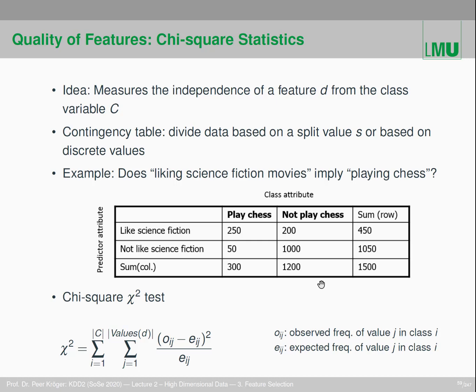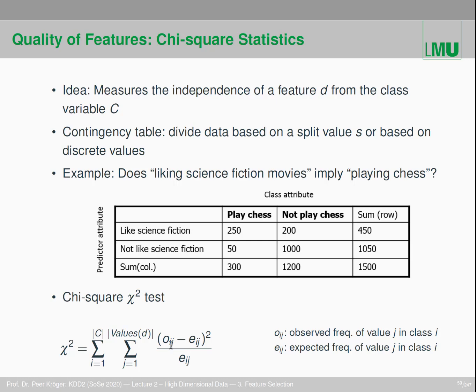Yeah. So now you want to try to see how independent this split is from the split according to the class attribute. Yeah? So the class attribute, of course, also defines a split, and this one here is also a split, and now you want to see how independent those two different splits actually are. And for that purpose, you can compute the chi-square test with this formula,